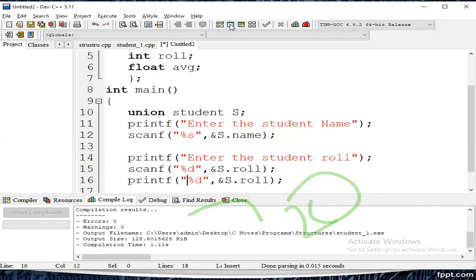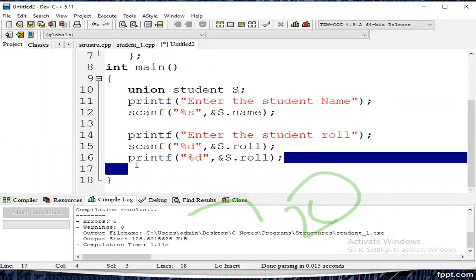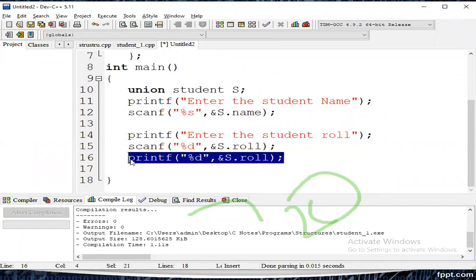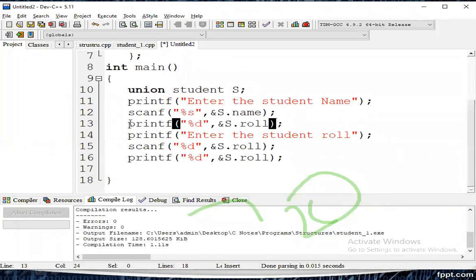Okay, print the same information. Next again, here we have to print the student name. Student.